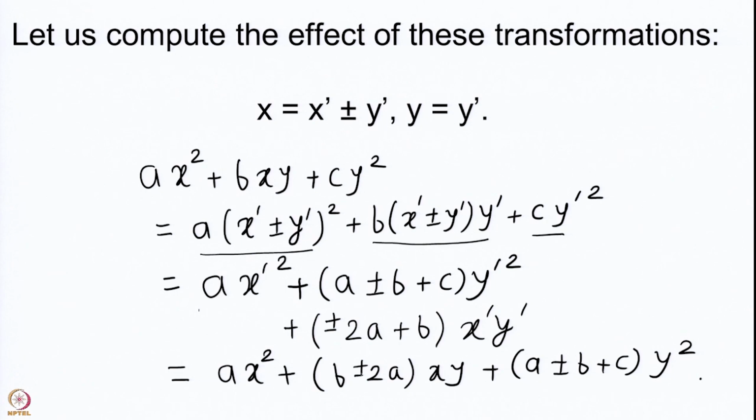So, the change happening in b is b plus or minus 2a, and a remains as it is. There is no change for a. This is one very nice thing. If I apply this transvection, I can make the change in b. C will of course change quite a lot, but we will see what to do to c, the coefficient of y square. But b can be transformed with respect to a. That is something that we can do.